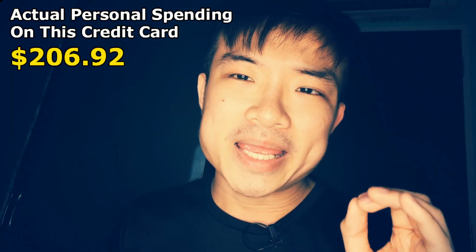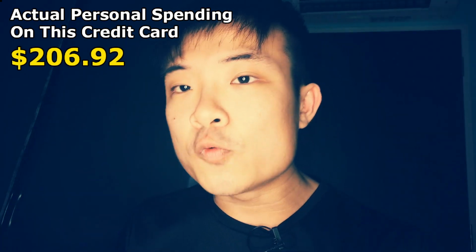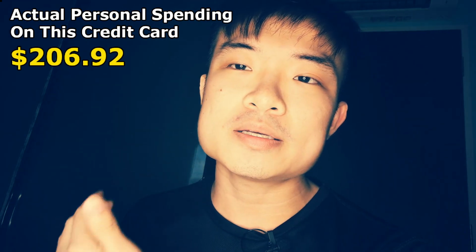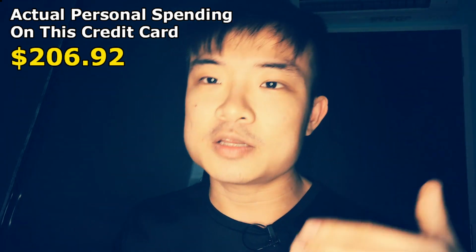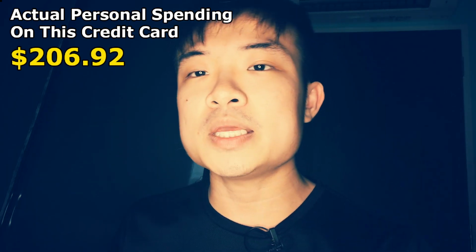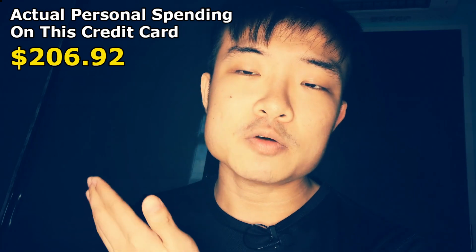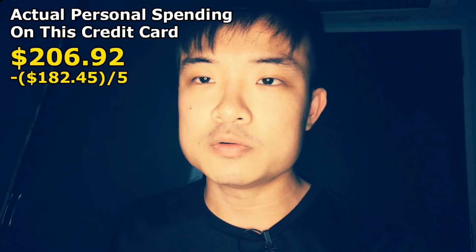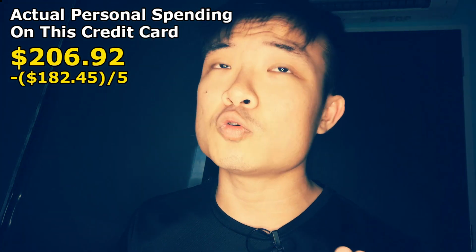$182.45 payment made to Seoul Garden buffet. So how can one person eat the $182? Not me, of course. It was for a friend's birthday celebration. We went there to have a good time, eat our fill, and so this bill was split by 5 different persons. I'm one of them, of course, and I paid for the bill, which means it was about $30 over